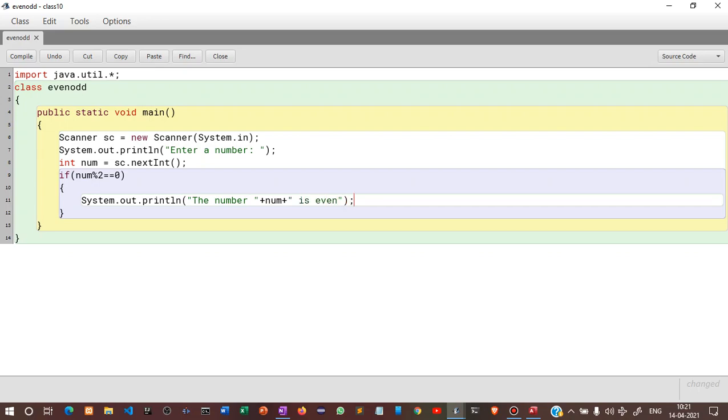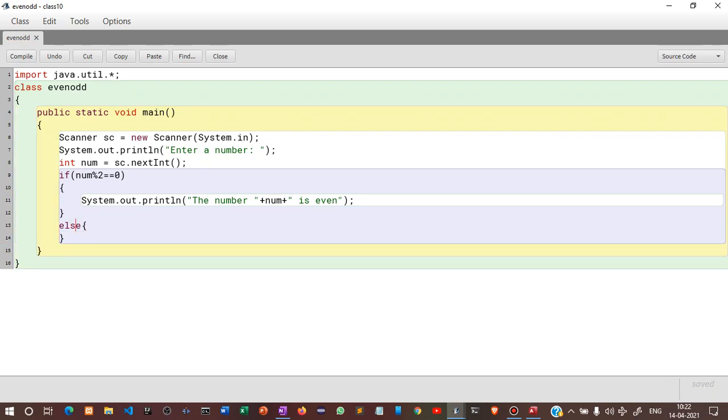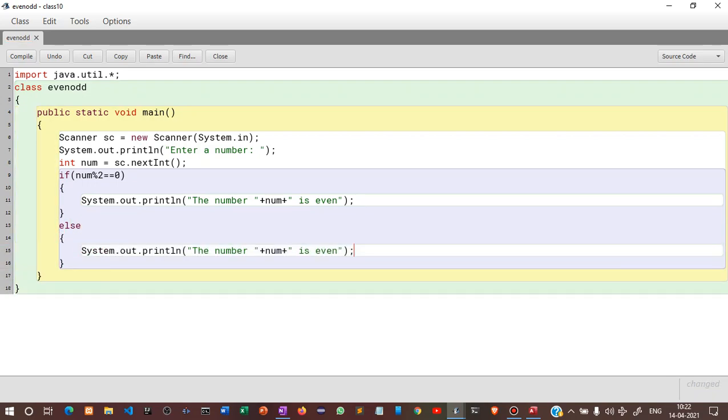Then we close the braces and then we copy everything in the same thing, and you will write the else part. So if the condition fails, it will go to the second portion, that is the else part. Then we will write odd. Then we will click on compile to check that everything is okay.